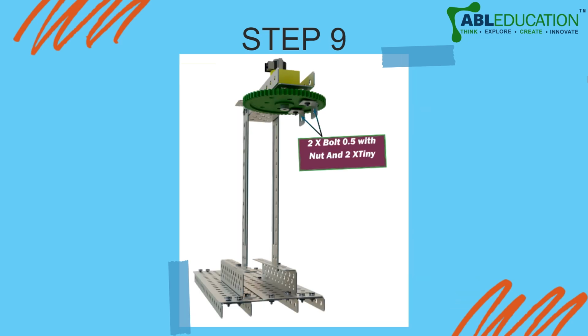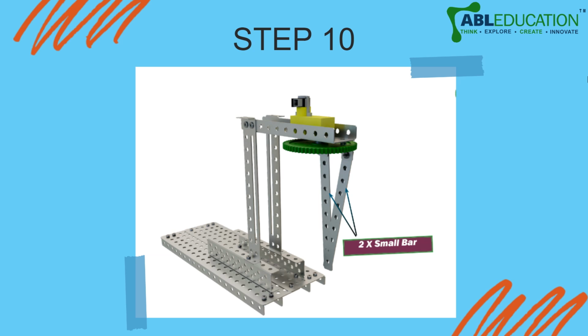Lastly, use two bolts to fasten the two tiny L bars, right? So on the two sides of this gear, use two tiny L bars and fasten them with the help of two 0.5 bolts. Then you have to take two small bars, some of you may know them as strips. So you can use two strips or two small bars and attach these two small bars